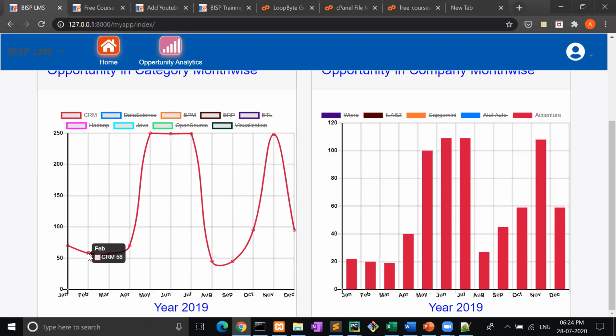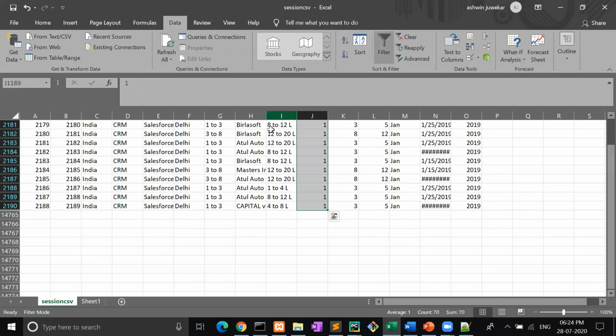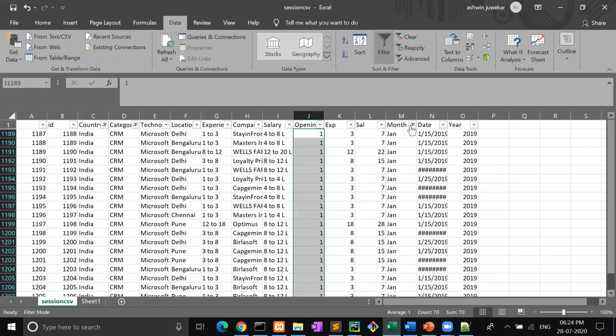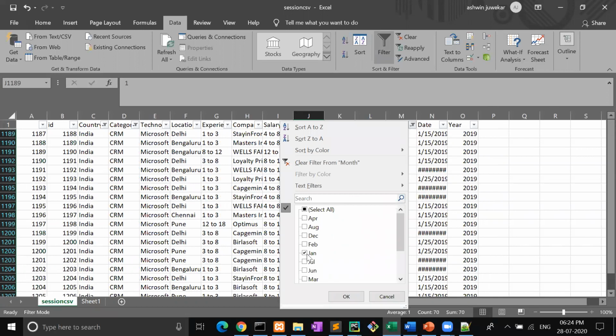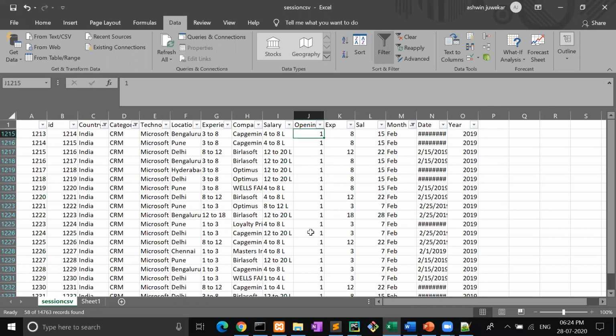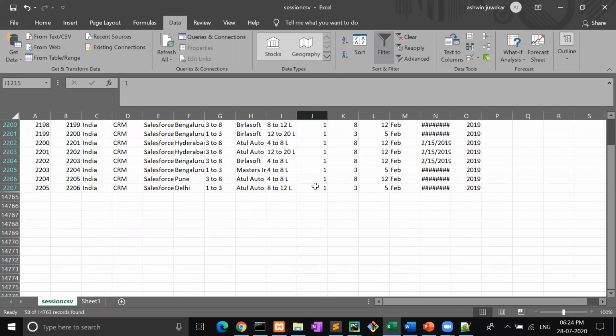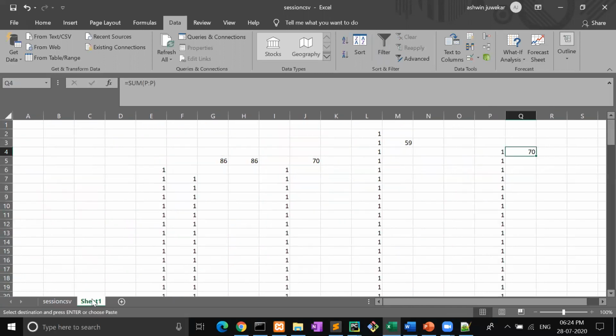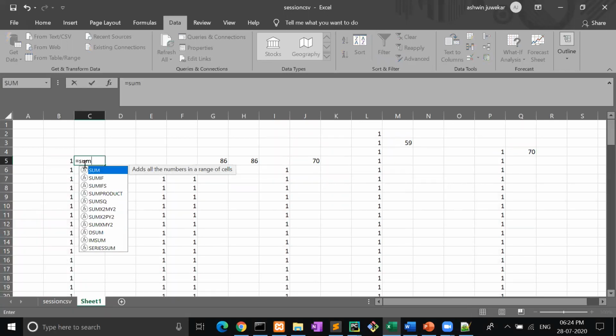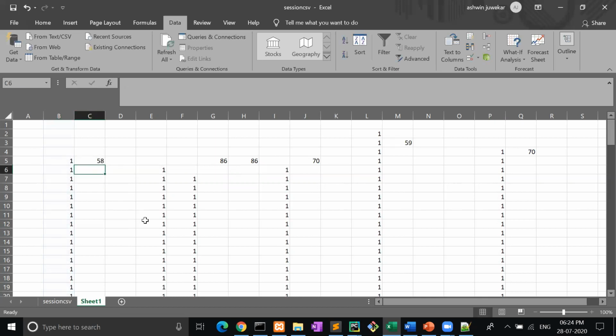Here CRM is 58 in the month of February. I will take it as February. Now let's collect this data, Control C, Control V, equal to sum. Yes, 58.